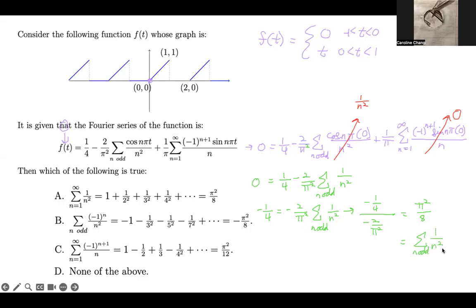As we see, this does not really match any of our given options. So we see that we have pi squared over 8 over here, which is the form that we want, and negative pi squared over 8 over here, which is similar to the form we want. We also observed that for the negative pi squared over 8, they have a negative 1 to the power of n instead. Now we can think about what this really means, because notice that the summation of negative 1 to the power of n over n squared, when n is odd,